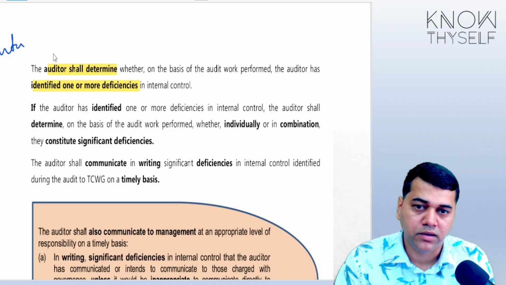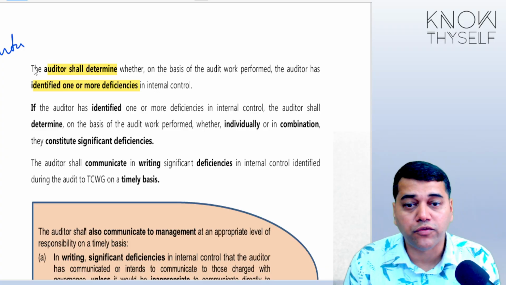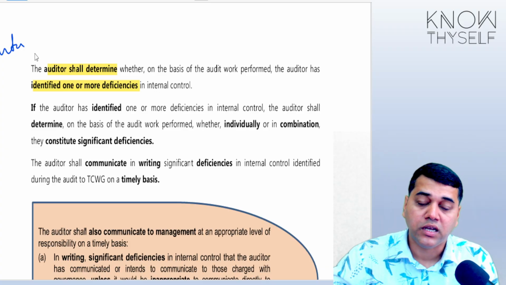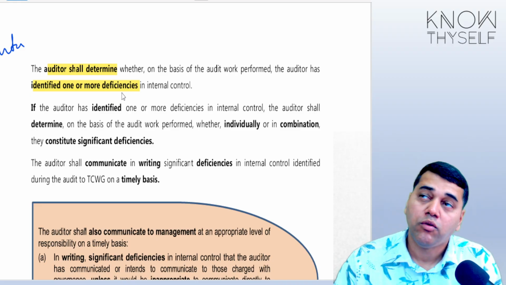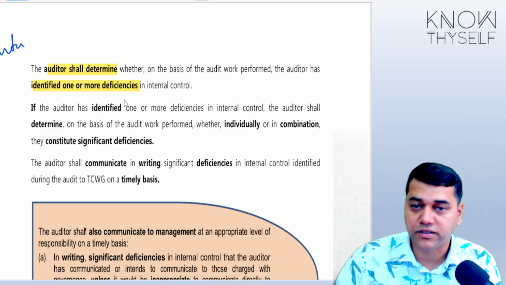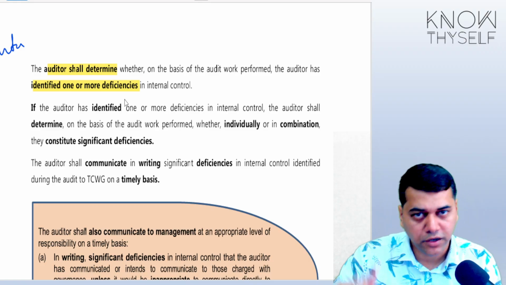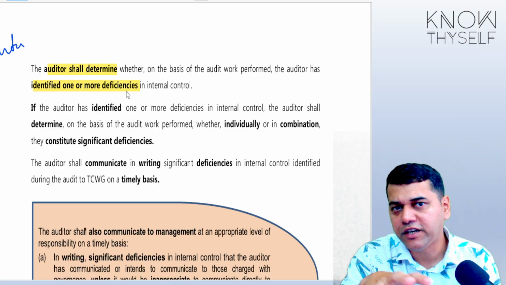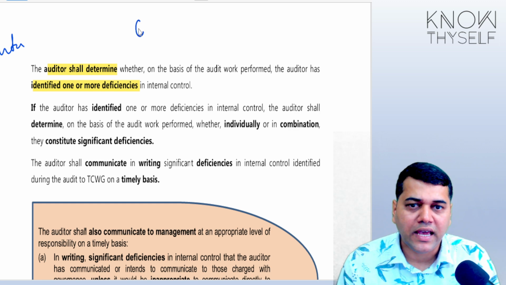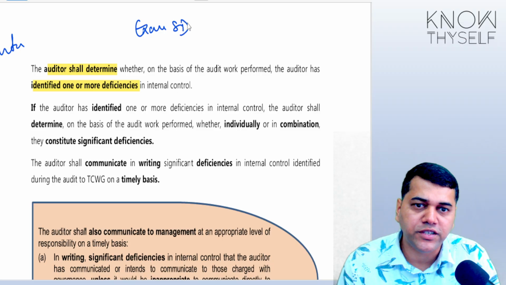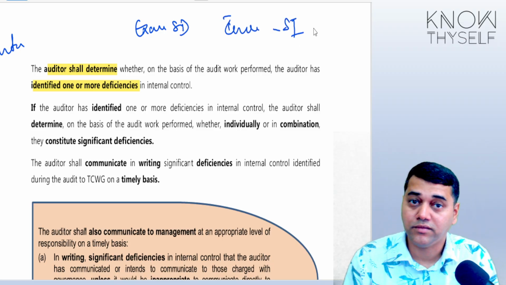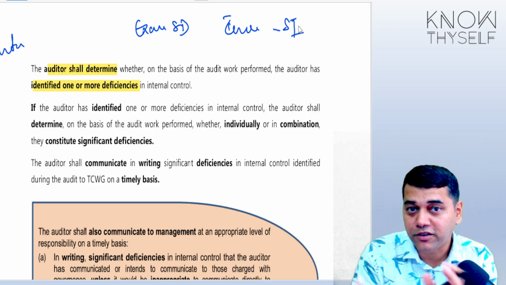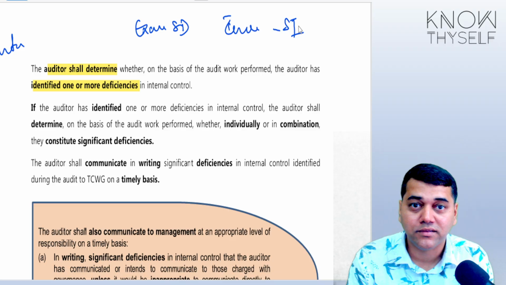Please remember, at inter level, if I have to show you the flow chart, there are so many questions. Like, how do you decide whether a deficiency is significant or not? What are the indicators of significant deficiency? You must be remembering, in inter it was a very famous question. Examples of significant deficiency and indicators of significant deficiency are two different things. Examiners always used to play with it.